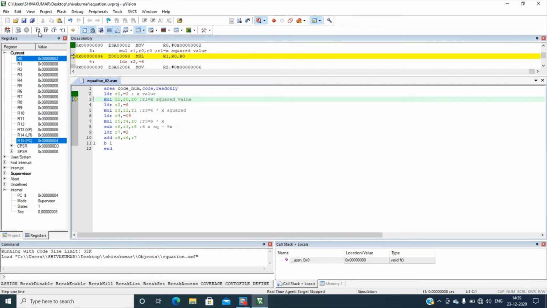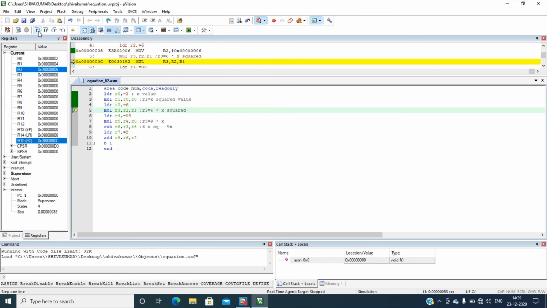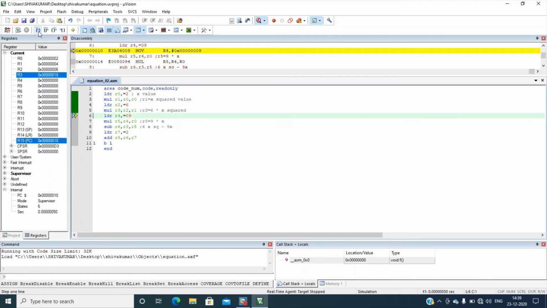Now R0 is loaded with 2, that is the x value, and then it is squared and loaded to R1. Then I want 6, loaded to R2, and 6 into x squared is loaded to register R3.